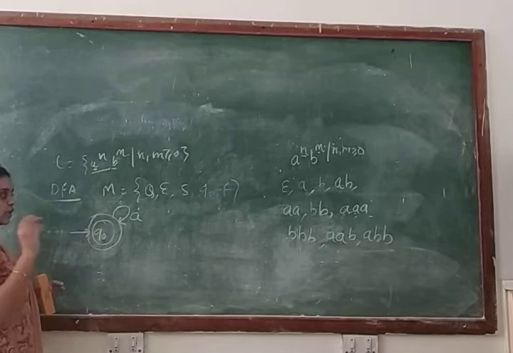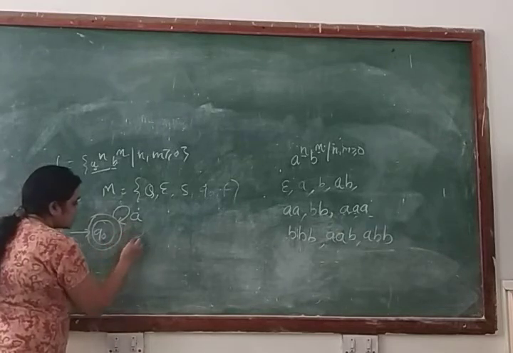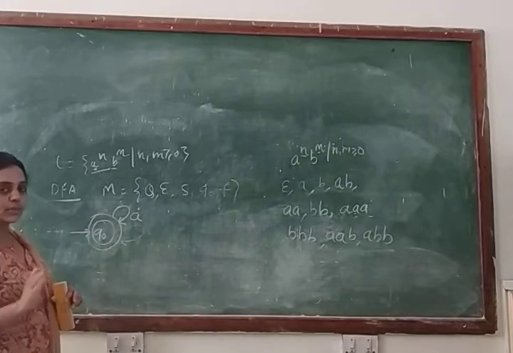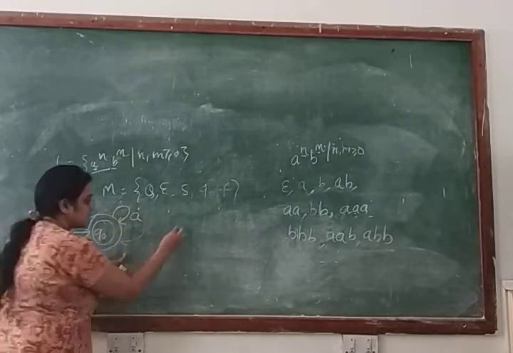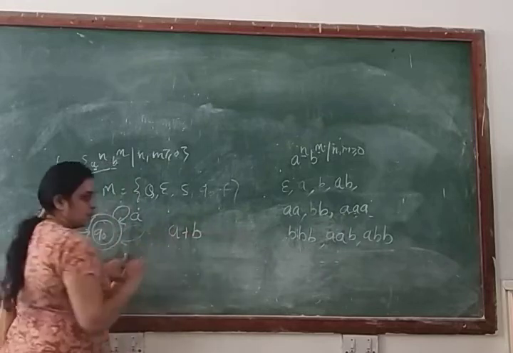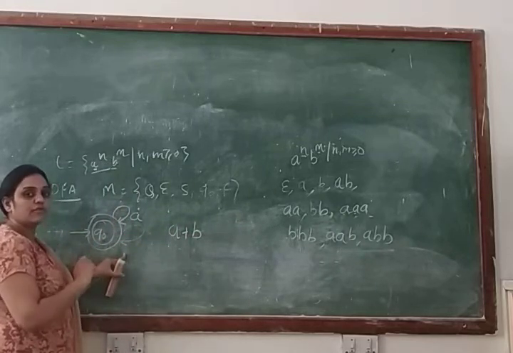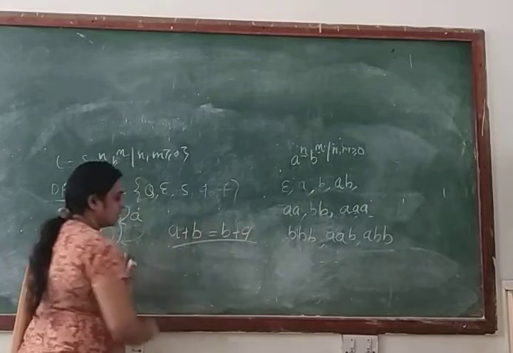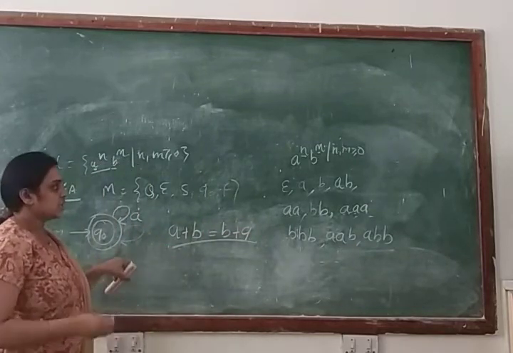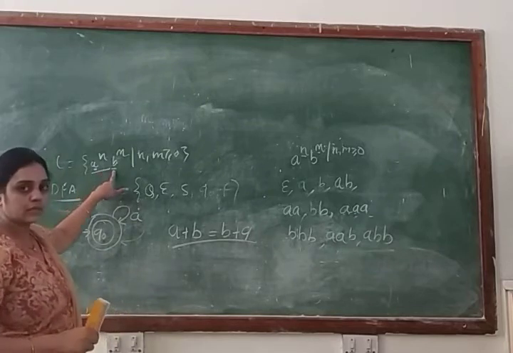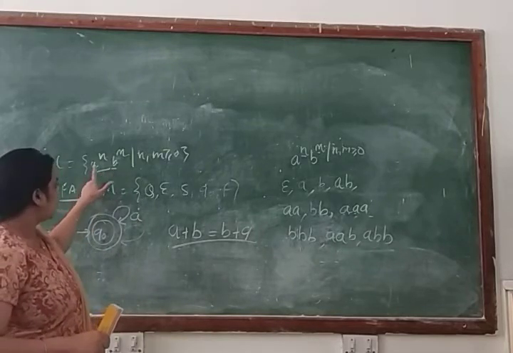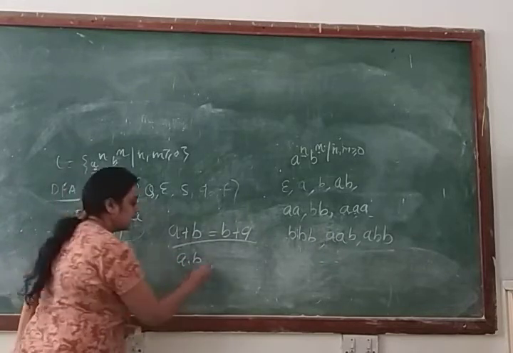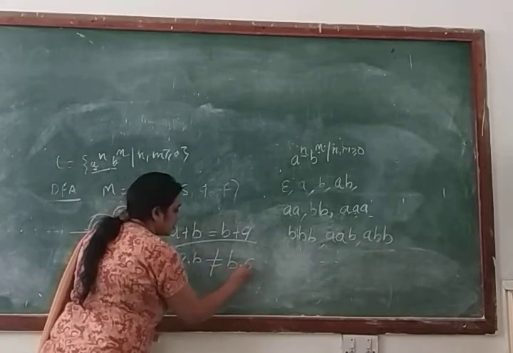Now we will check for the input symbol B. If you are making a transition for the input symbol B in the form of a self loop, then what is the meaning? The meaning of this transition is like A plus B. Means this represents the union form. In a union form, A plus B and B plus A are equal. Clear? But check your language: it is in the concatenation form A dot B, and if you have a concatenation form A dot B, that means it is not equal to B dot A.